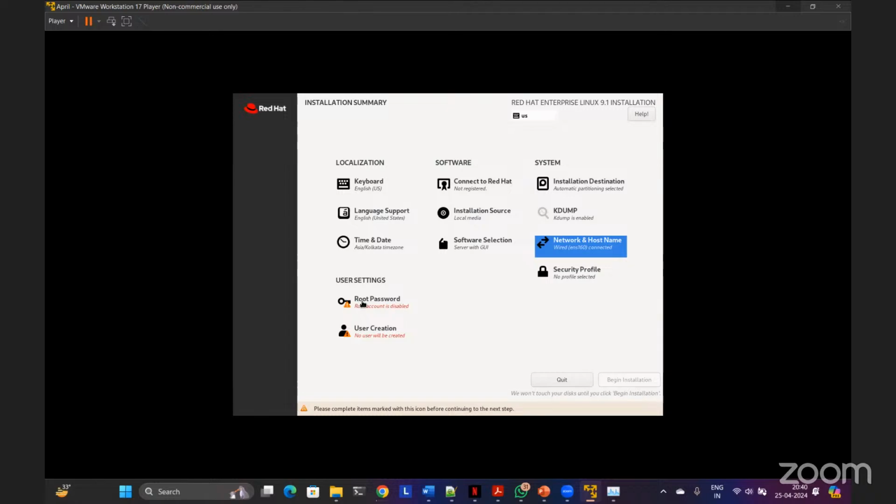Instead, root is used. So root is the administrator in Linux servers, or we can say it is the super user, has all the powers, can do anything on the server, can remove any file, can install any application. So user management, hard disk management, application management, everything can be done as a root user.